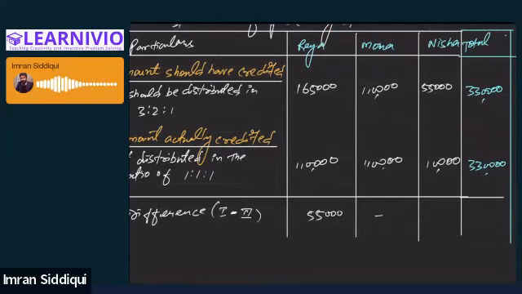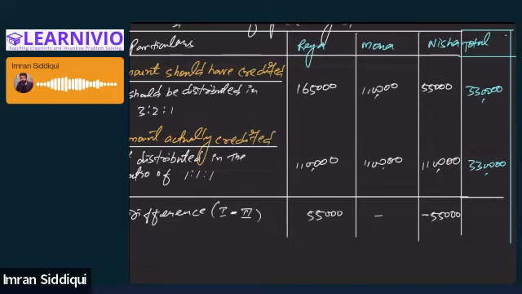This is 1,10,000. It should be 1,10,000. So she was overpaid. I think Nisha should have actually got 55,000, but her account is credited by 1,10,000. So she was overpaid, so her balance will be minus 55. Right? Now see,